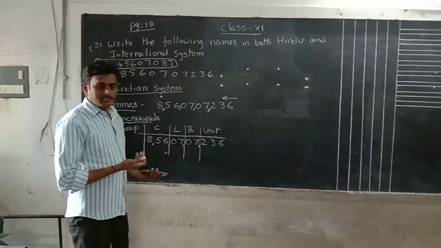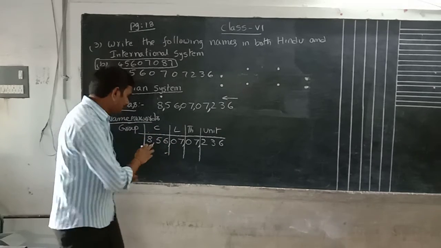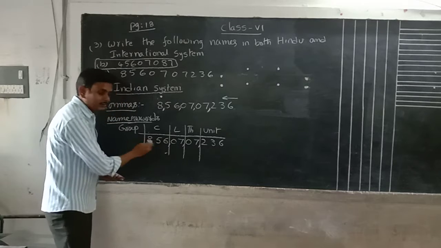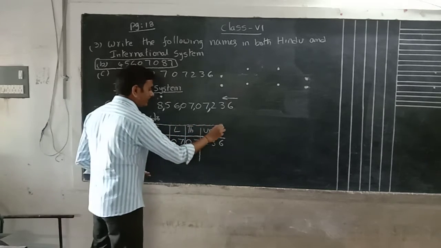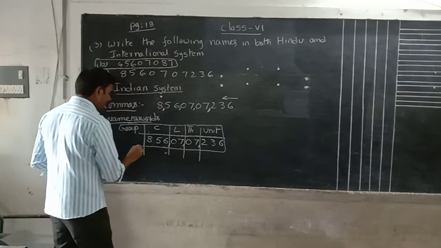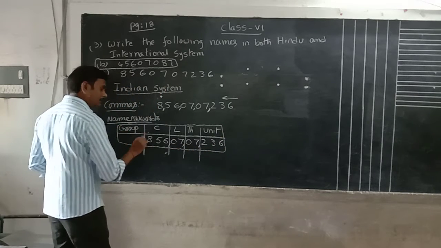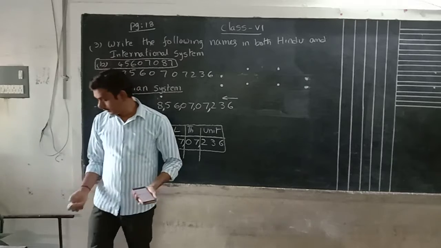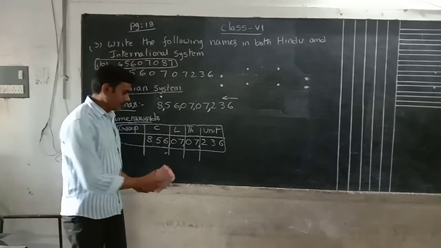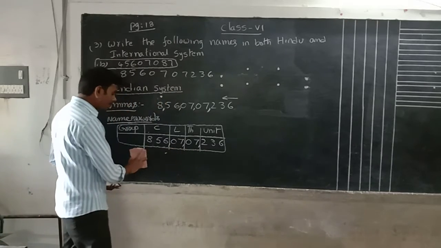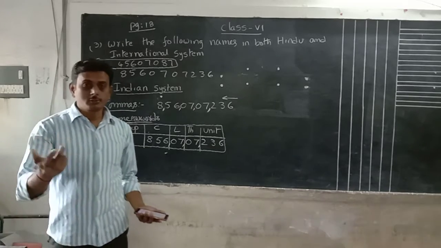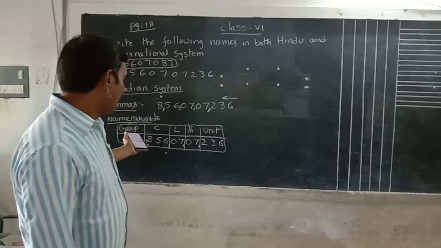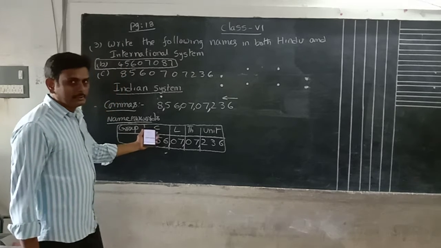After the crore group we did not learn many place values, so that's why I combined this 8 into this one. Our textbook gives place values only up to crores. Beyond 10 crores, your textbook gives 100 crores. That's why we have included the 8 also in the crore group.